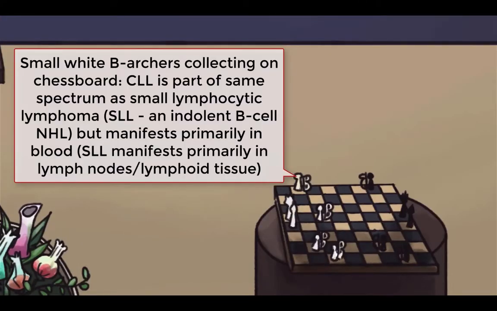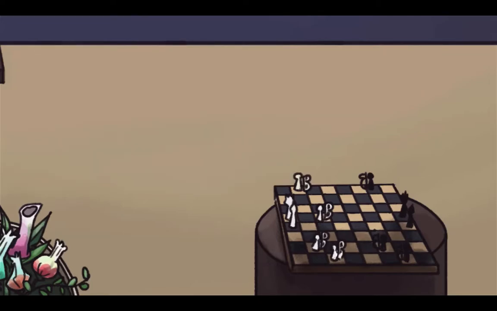CLL is considered to be a part of the same disease spectrum as small lymphocytic lymphoma, or SLL, and indolent B cell non Hodgkin's lymphoma. At Sketchy, we represent lymphoma with the chessboard crowded with white antibody archers, just like a lymph node overrun with neoplastic B cells. The difference between CLL and SLL is that, in CLL, the disease manifests primarily in the blood. That's why we call it leukemia. In SLL, on the other hand, the bulk of the disease is in the lymph nodes and lymphoid tissue. Unless otherwise specified, we'll use the term CLL to indicate both chronic lymphocytic leukemia and small lymphocytic lymphoma as one